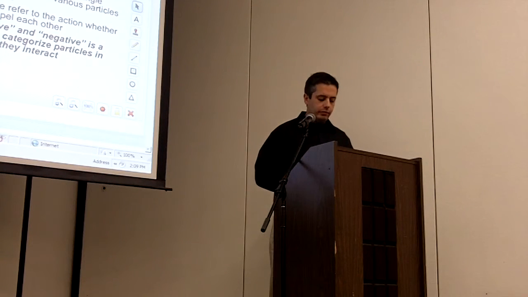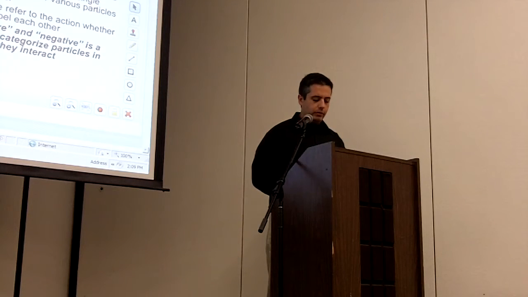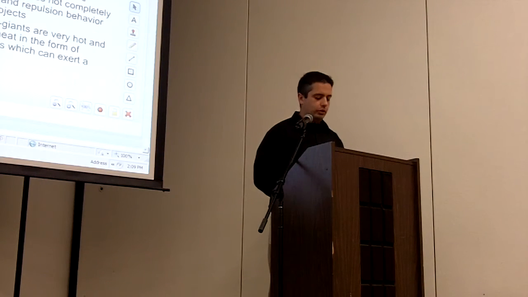The concept of positive and negative refer not to an isolated characteristic specific to a single particle, but are defined by how various particles interact with each other. It's all relative. Positive and negative refer to the action where the particles attract or repel each other. The label of positive and negative is a human invention to categorize particles in association to how they interact. There is no positive or negative. It's based on how they attract or repel each other based on the type of particle they have. So common properties between particles, and then you measure to see if they attract or repel each other. And this is the invention that we came up with for positive and negative.